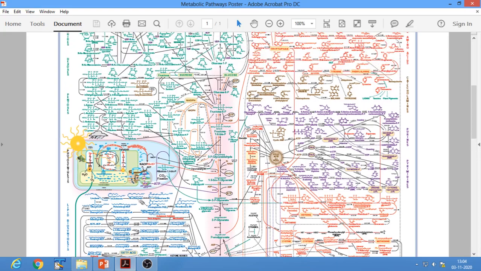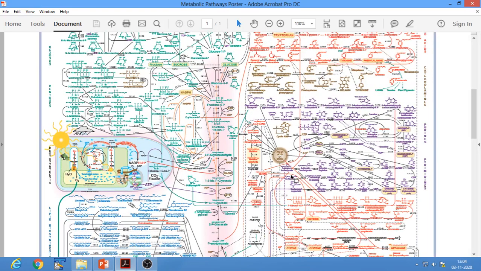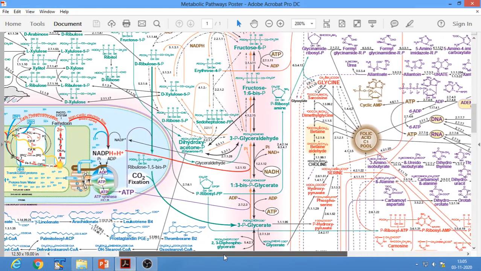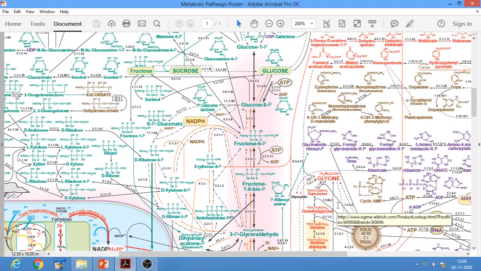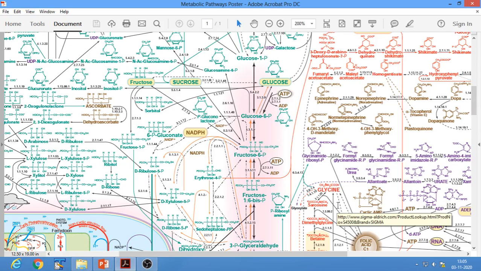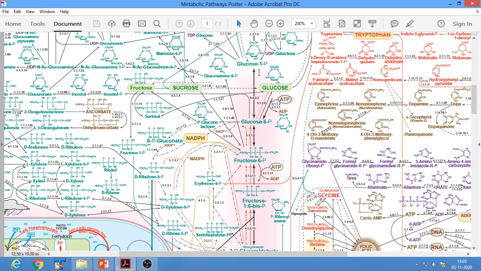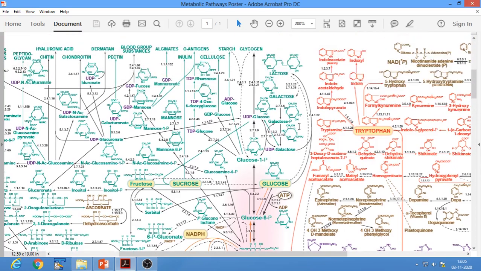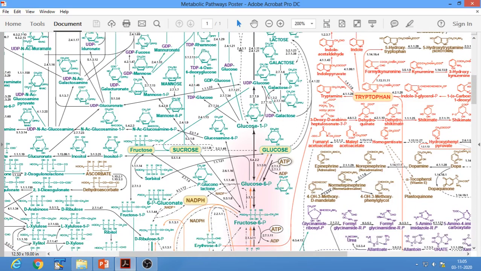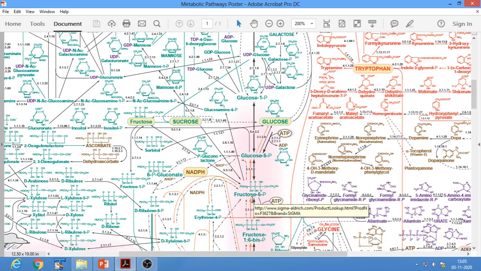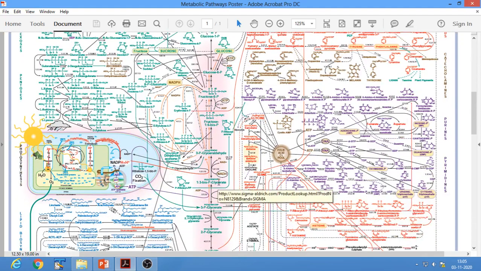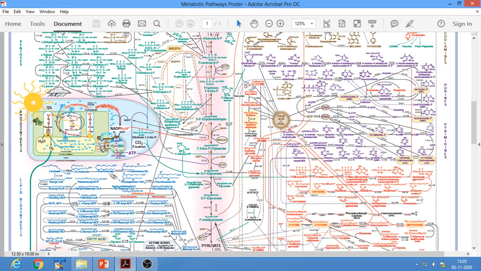Right from your 12th standard you might have studied this, so I would zoom in so that you can check out in more detail. The very first metabolic pathway that you might have studied involves glucose metabolism. As you can see, glucose metabolism usually begins with glucose being converted to glucose 6 phosphate, then fructose 6 phosphate, fructose 1,6 bisphosphate, and hence we call this pathway glycolysis,